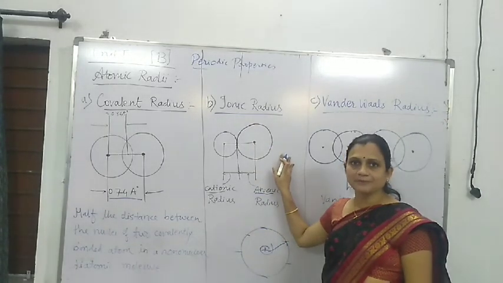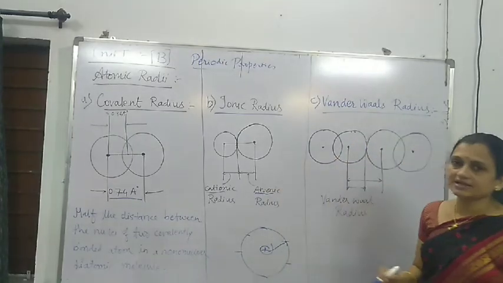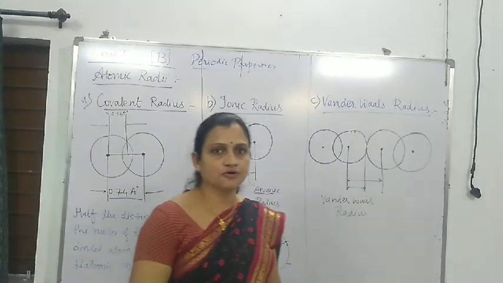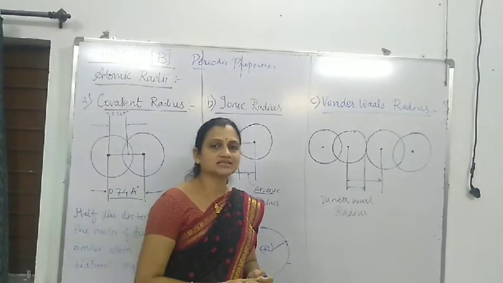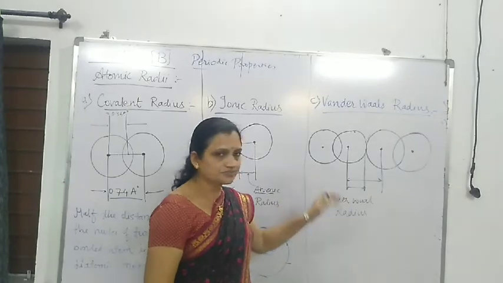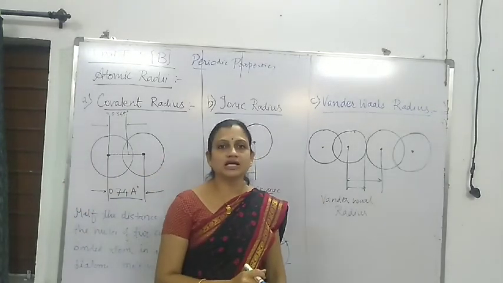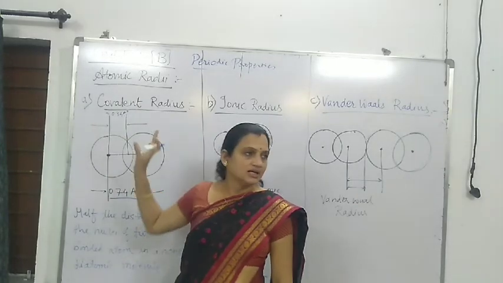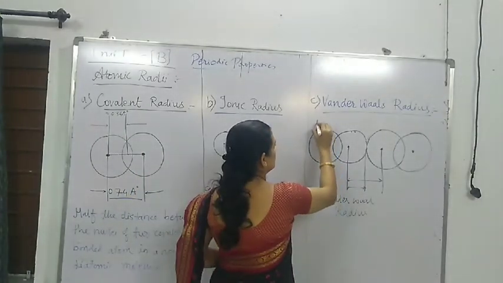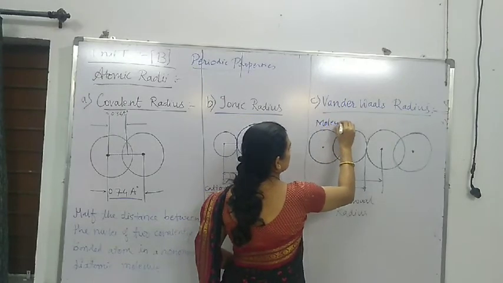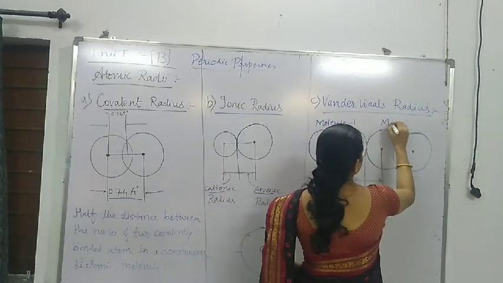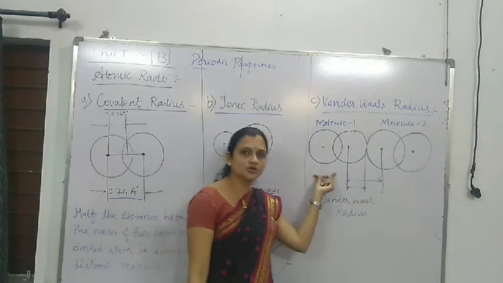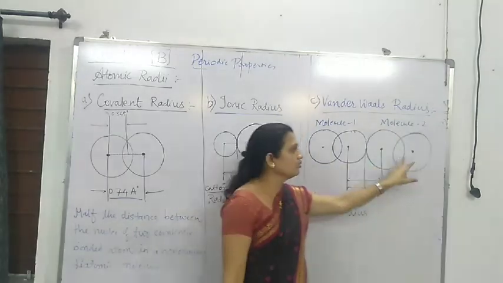This is very simple. Now the third thing is van der Waals radius. Now van der Waals radius is related to the van der Waals forces. तो यहाँ पे van der Waals forces कहाँ आ गया? So here covalent radius में हम लोगों ने दो एटम कंसीडर किए थे और उससे एक मॉलिक्यूल तैयार हुआ था. यहाँ पे we have to consider two molecules. This is the molecule 1 and this one is the molecule 2. So here consider two molecules, molecule 1, molecule 2.